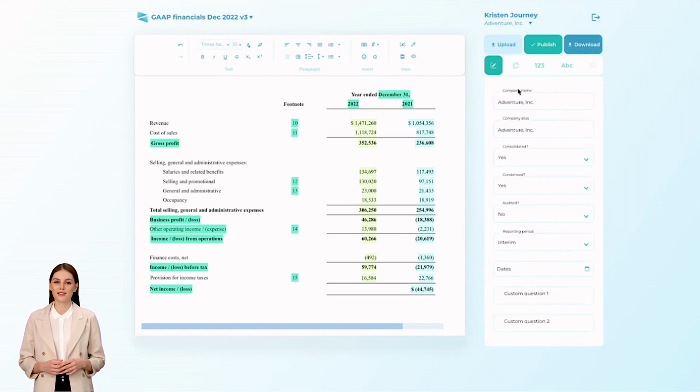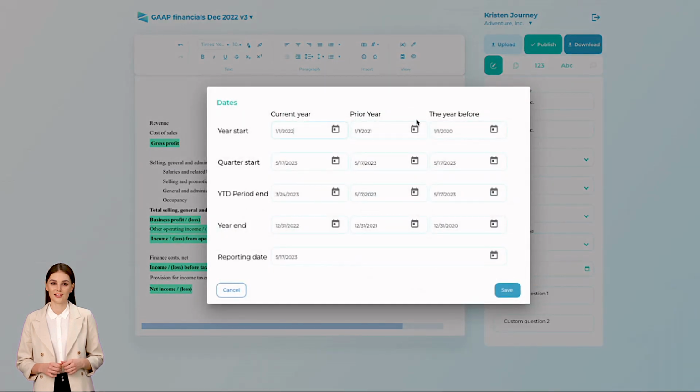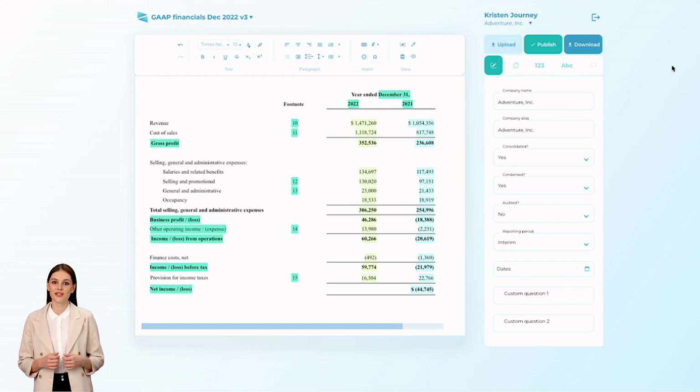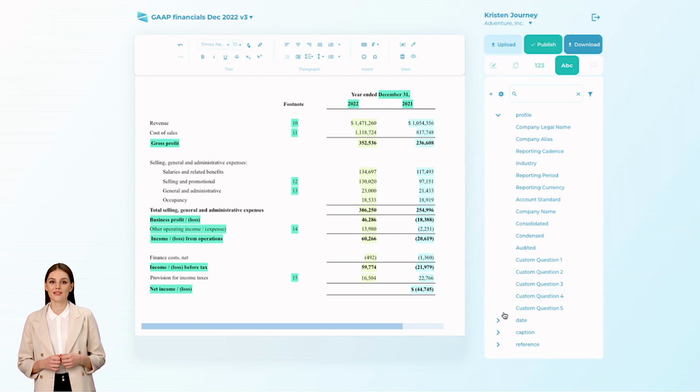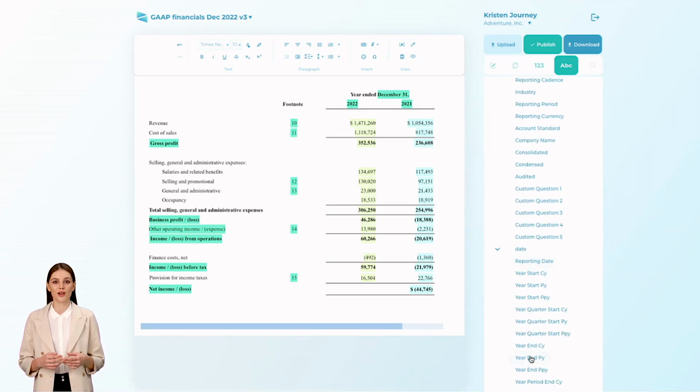In each document, you can answer a few questions on Profile screen, which will further enhance the level of automation. For example, you can enter your company's name and select different dates in your reporting periods. All these answers and dates could be added as dynamic fields across the document, which will be updated anytime you change your responses here. To insert such fields, you should go to the text screen, select any of the profile questions or dates you want to create a field for, and insert it into the right place in a document.